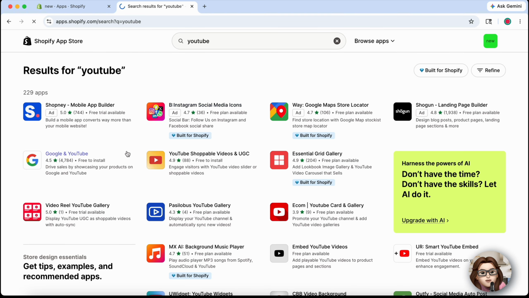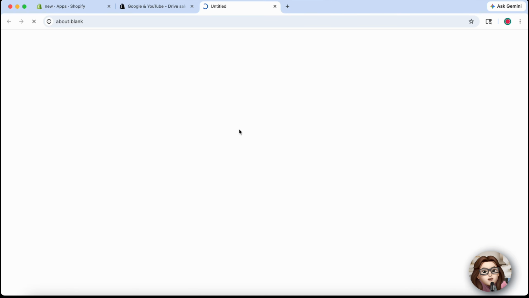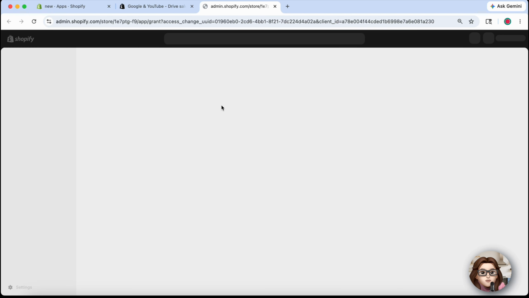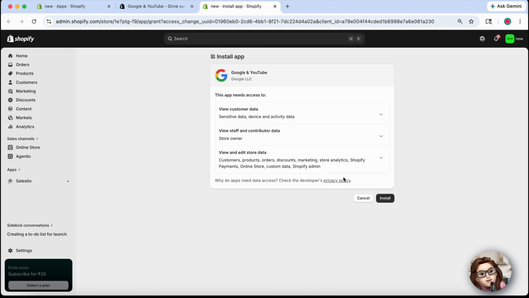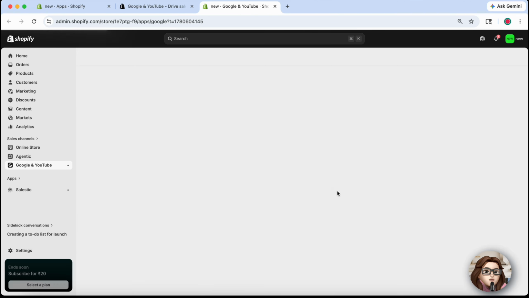After installation, Shopify will guide you through connecting your Google account. Make sure you log into the same Google account connected to your YouTube channel. Once connected, you'll be able to integrate your YouTube presence directly with your Shopify store. This setup allows you to showcase products through YouTube videos, run Google and YouTube ads, and even sync products for